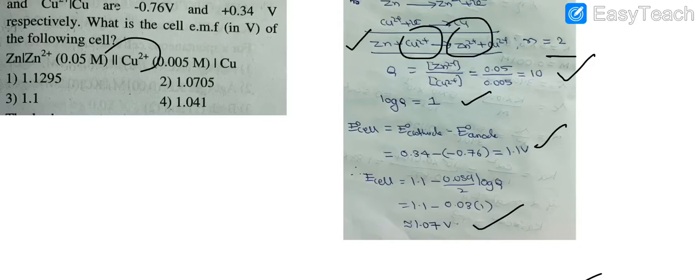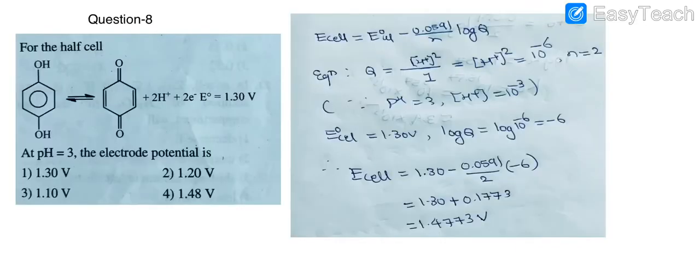Similar model, and one more cell we will take. Here for the cell reaction they have given E naught cell, 2 H plus ions are coming. The others may be pure liquids or solids. Okay, 2 electrons are involved, pH is given. So same formula we are using. Here these are pure liquids or solids that will be formed. That's why this H plus will be important.